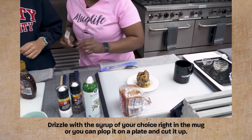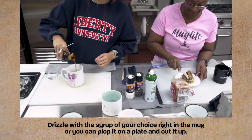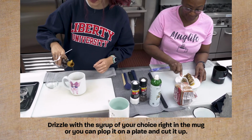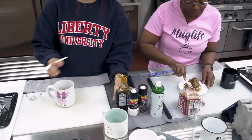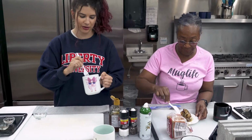I'm gonna eat mine right in my mug. Yep, just a little more. This is a great recipe for kids too. And it's quick. Yeah, like on a snow day when you don't really want to cook, but like, oh,